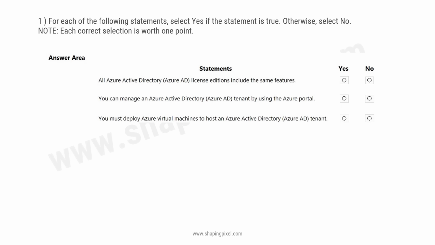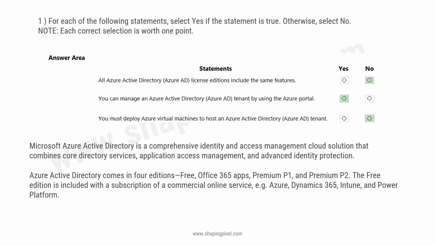You can manage an Azure Active Directory tenant by using the Azure portal. You must deploy Azure virtual machines to host an Azure Active Directory tenant. So the right answers are: the first statement is false, the second statement is true, and the third statement is false. So Microsoft Azure Active Directory is a comprehensive identity and access management cloud solution that combines core directory